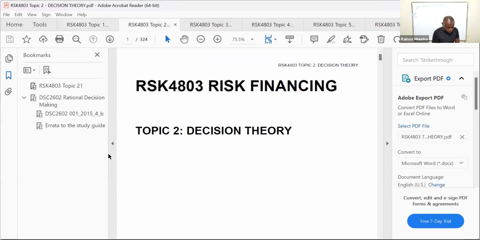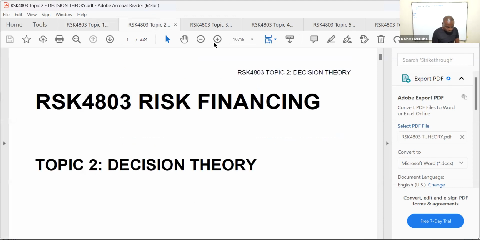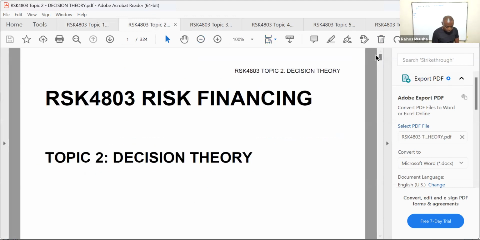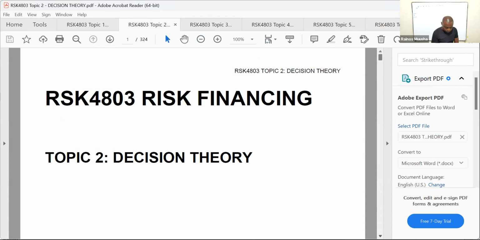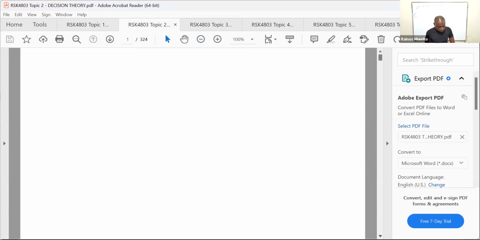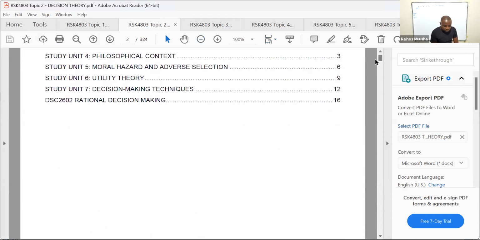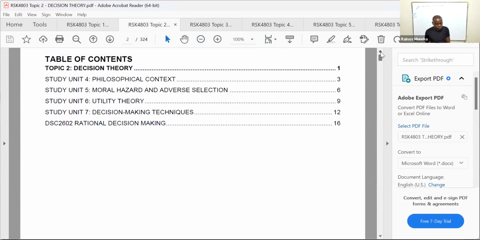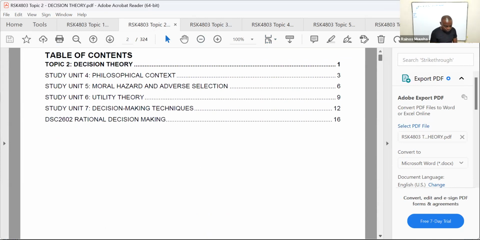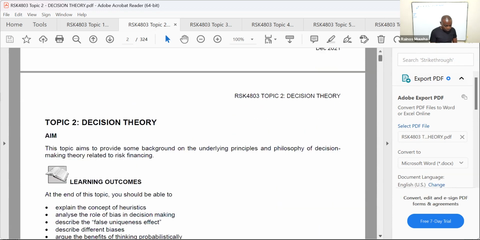Topic 2 looks at decision theory. So topic 2 looks at decision theory. And when you look at decision theory, it's study unit 4 all the way to 7. So it's study unit 4 all the way to study unit 7. And for study unit 4, they look at the philosophical context in